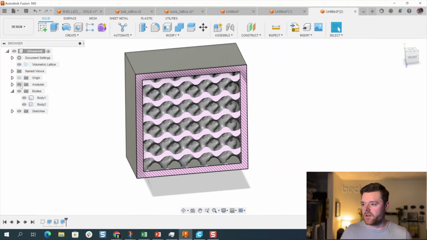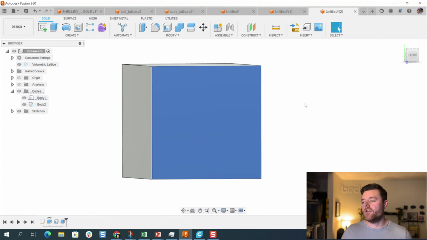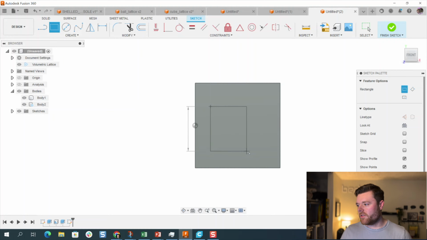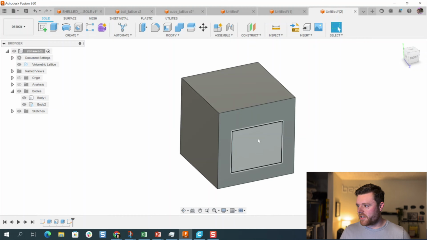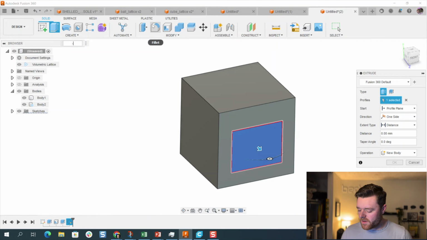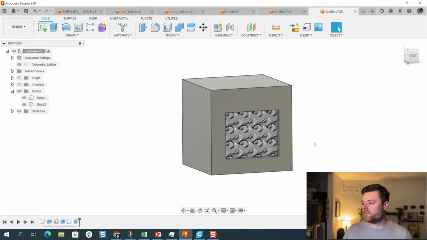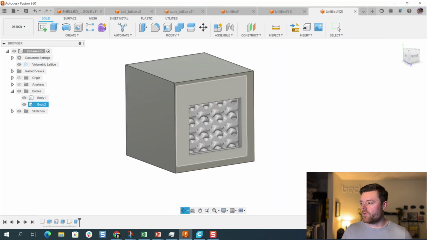And then we can turn off this analysis. I just made some like hole cutouts. If this was to be 3D printed, you could go create sketch, R for rectangle, left click. We don't need to be dimensionally accurate here. Let's hit escape. Finish sketch, shift middle click, and then let's just select this sketch profile we just made, give it -3 millimeters, hit enter. Great. You can see the internal structure. So that's really neat, but